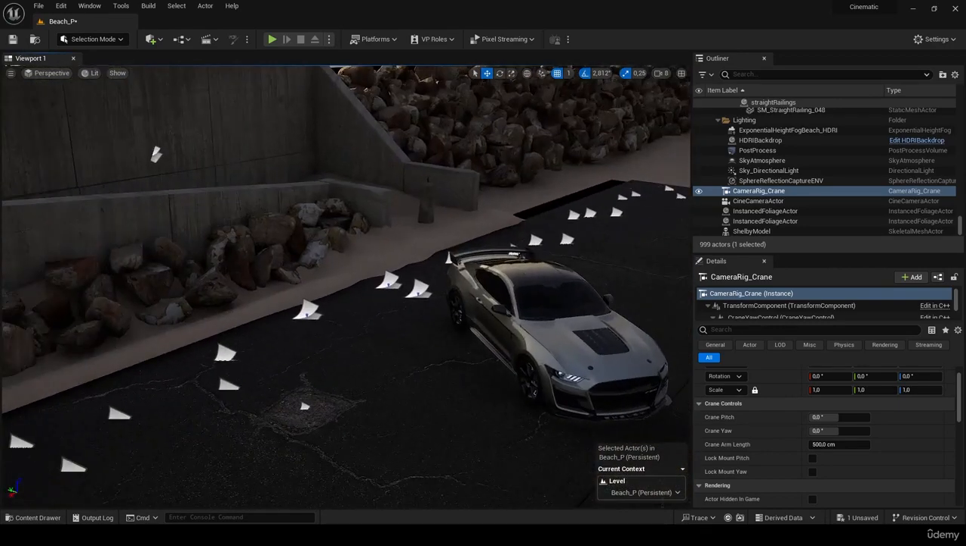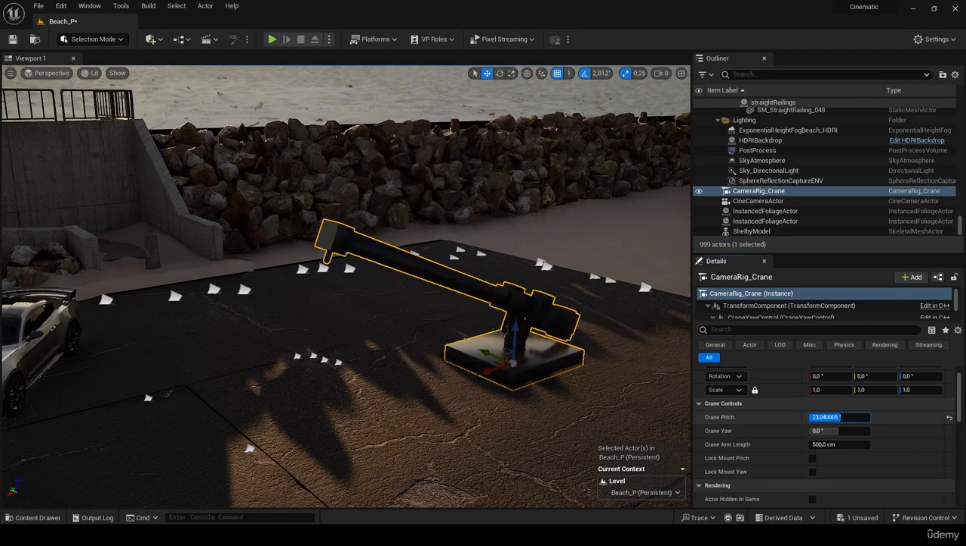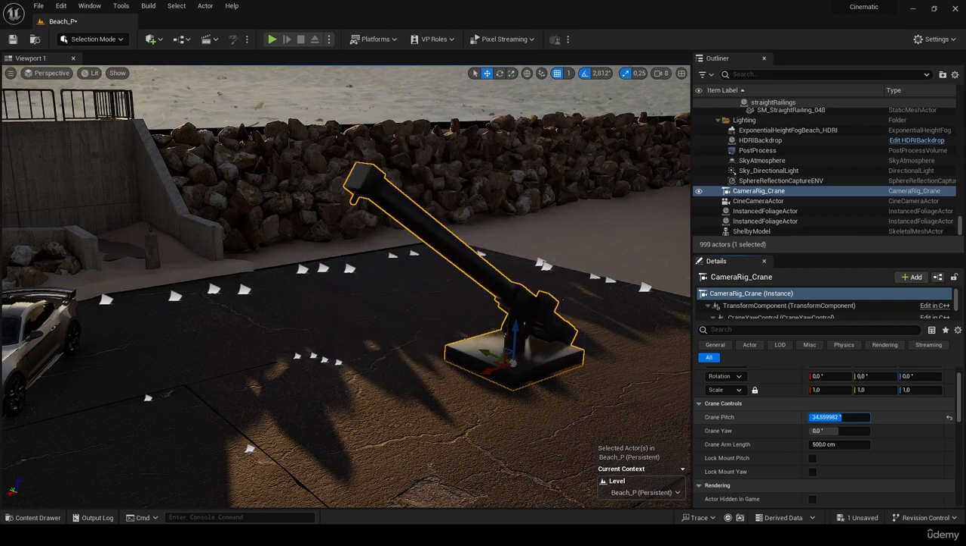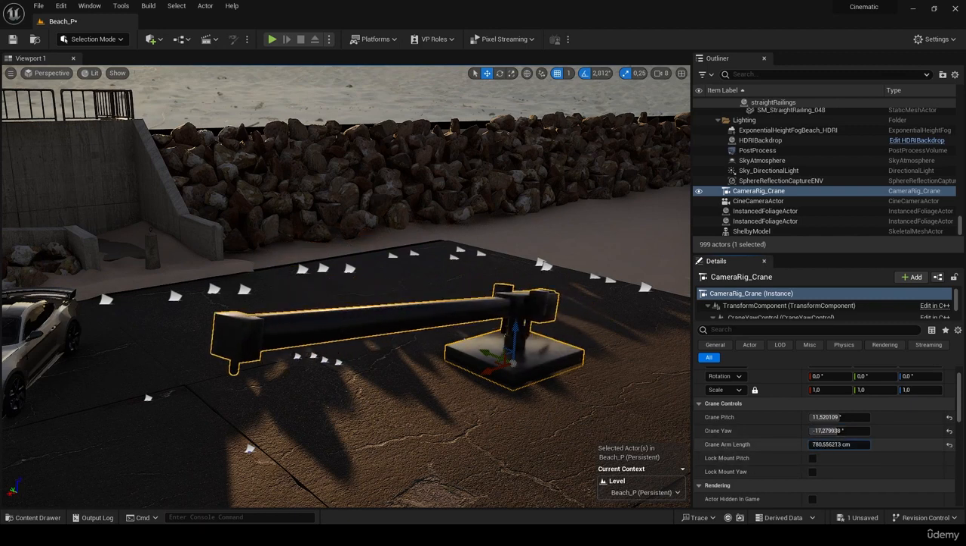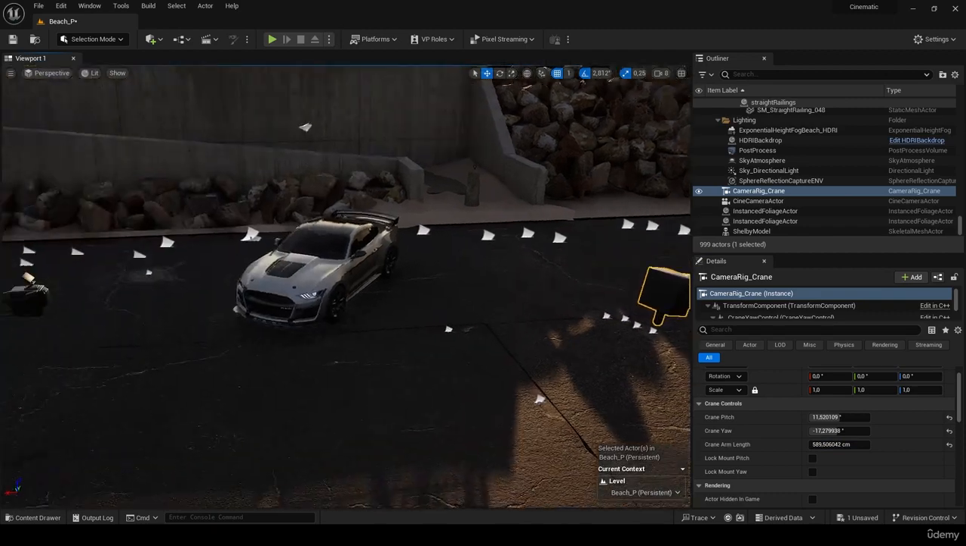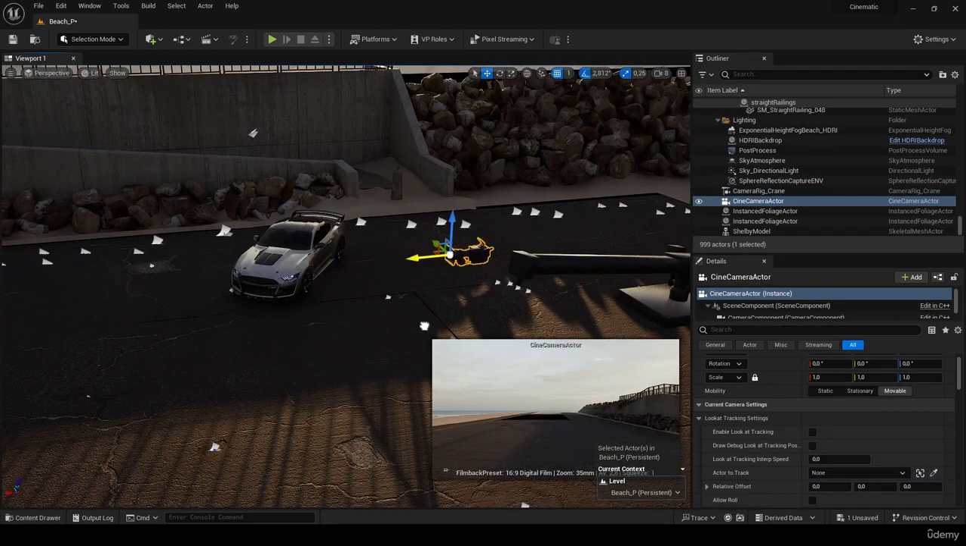So for example, we have this crane here. Okay, let's look at it. Here we have crane pitch, crane yaw. So let's see what this crane pitch is doing. It's moving up and down. Okay. And crane yaw, it's left and right. And crane arm length is to extend the length of this crane. Okay, perfect. And now what we can do, let's attach this camera to our crane, for example, the same way